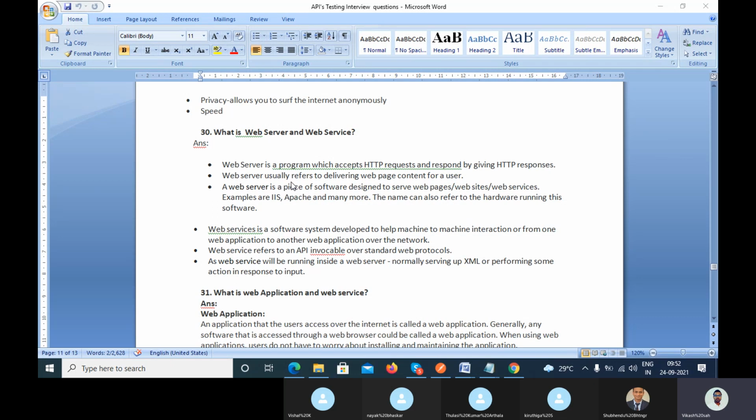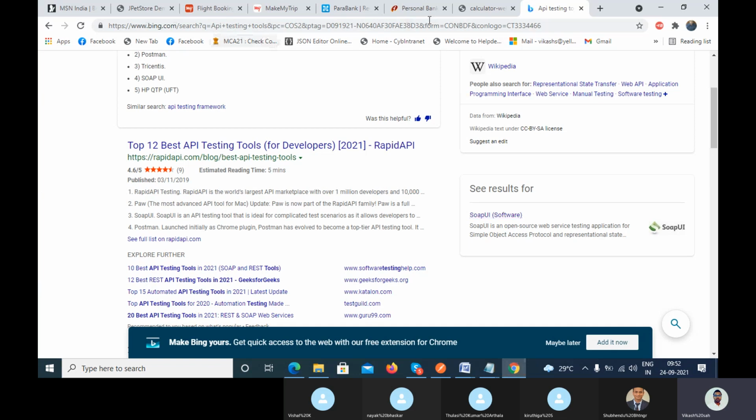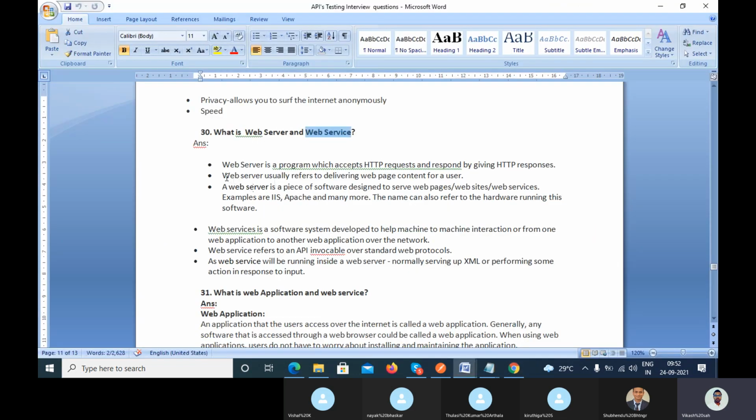Web server refers to delivering the web page content to a user, right? So web server refers to where your web page is located. Let's suppose we are using MakeMyTrip or IRCTC.com. It is located inside the web server.